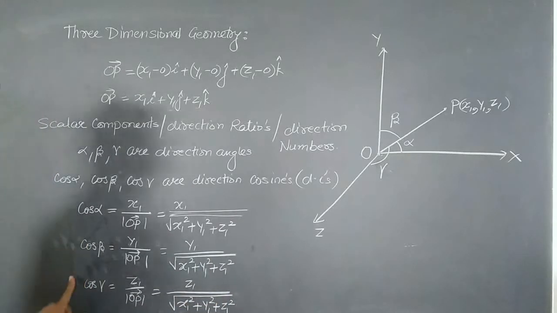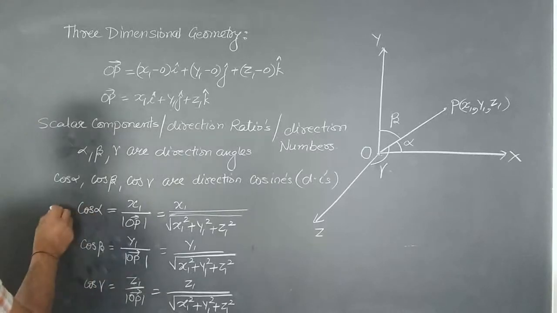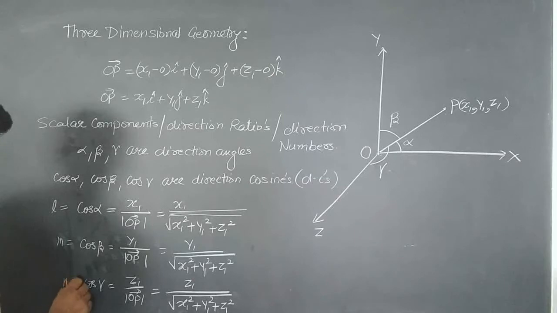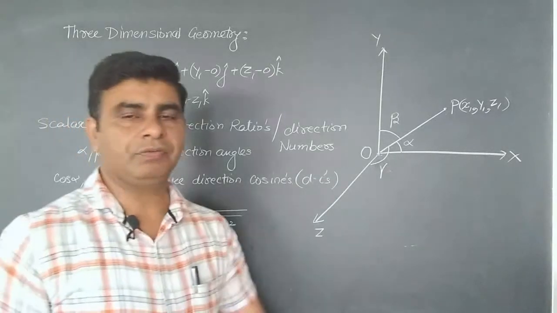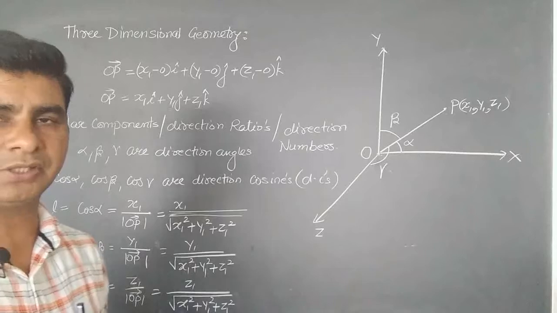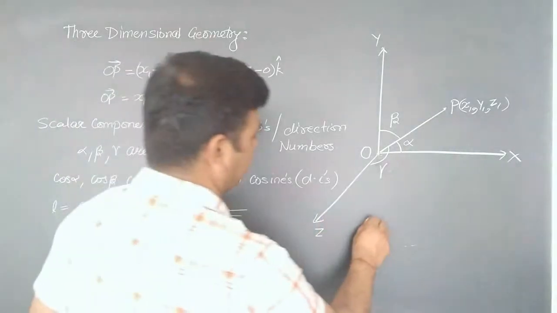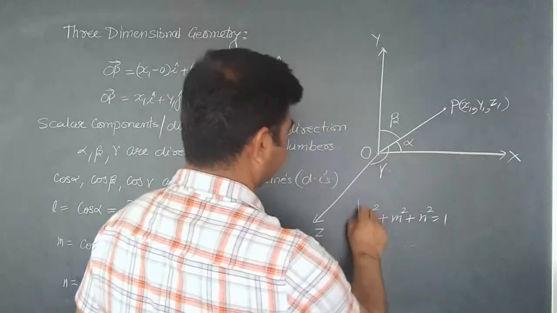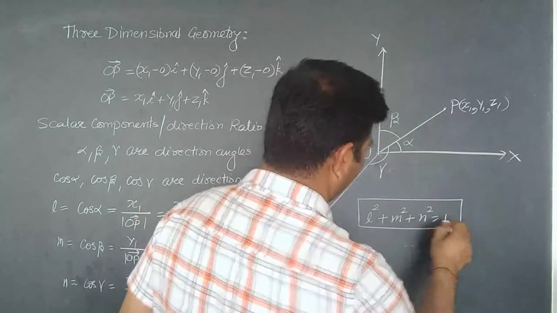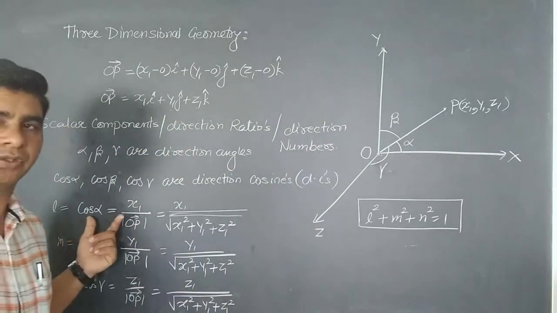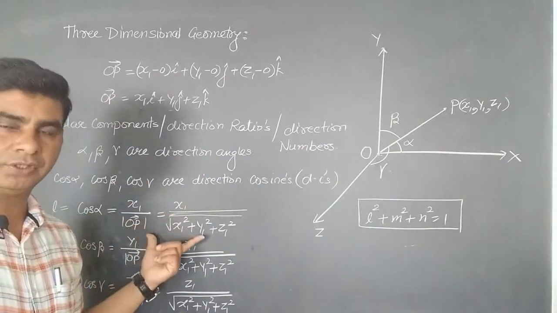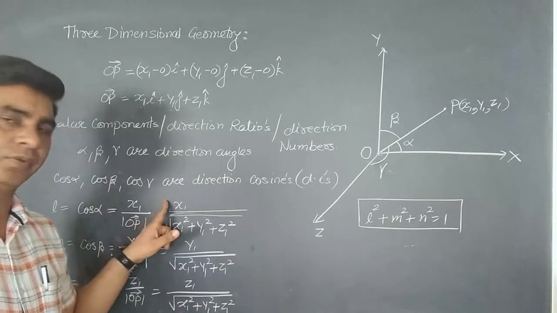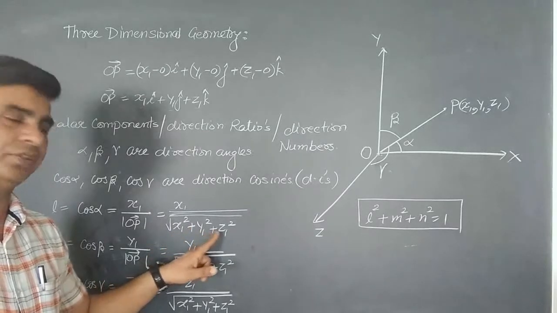And these direction cosines along the x-axis, y-axis, z-axis are represented by small l, small m and small n. And my dear students, you will find that in all the cases, l square plus m square plus n square will always be equal to 1. You can check by yourself by taking the square of the cosines of each component, like along the x-axis, y-axis, z-axis. Cos square alpha will be x1 square over x1 square plus y1 square plus z1 square.